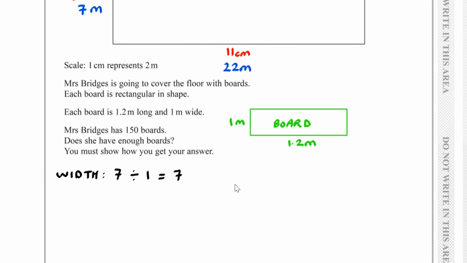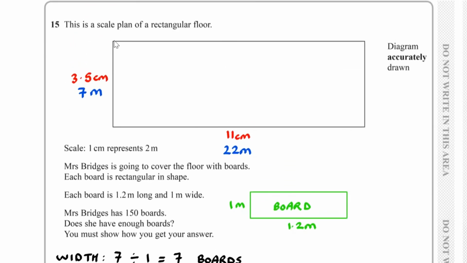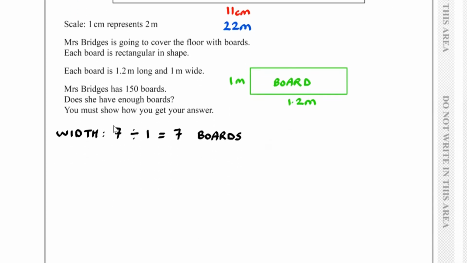So we can have 7 boards going upwards essentially,